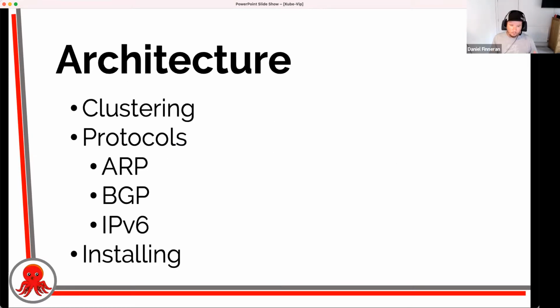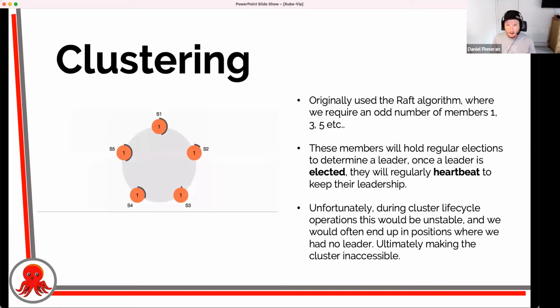So what is the architecture of Kube-Vip itself? Originally, I looked at using Raft. However, it turned out that it was quite unstable in terms of the way that Cluster API does a lot of the node upgrades. Effectively, you require an odd number of nodes.